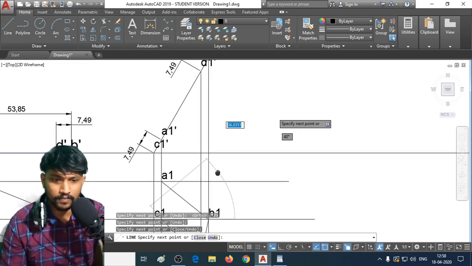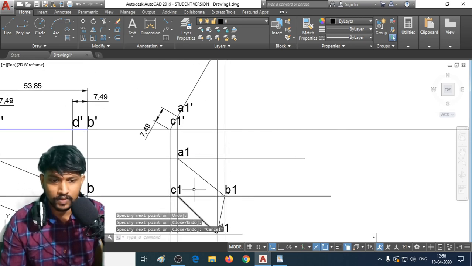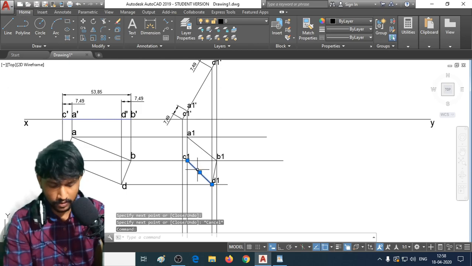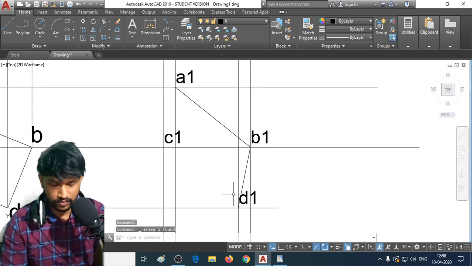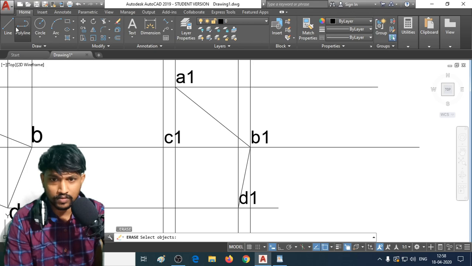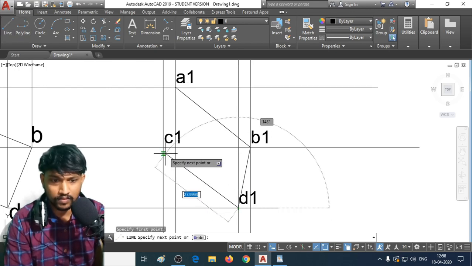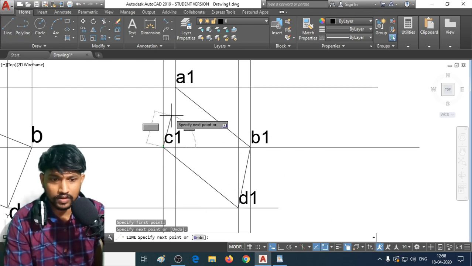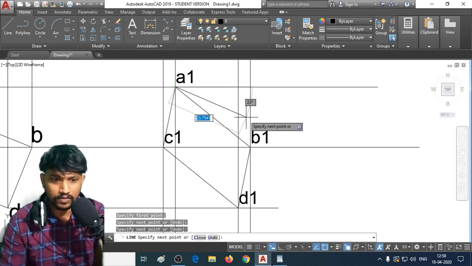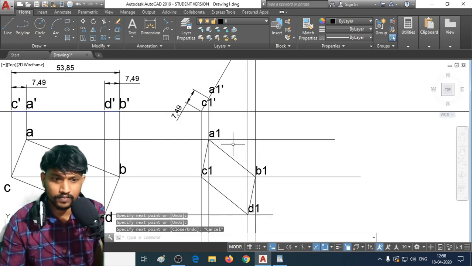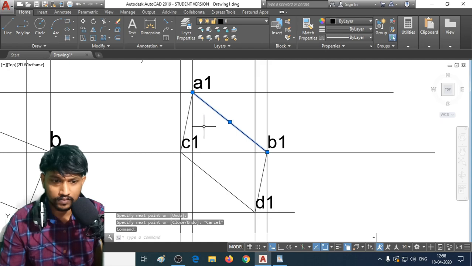DD. Made a mistake here. This is the location of C. Yeah. This is how